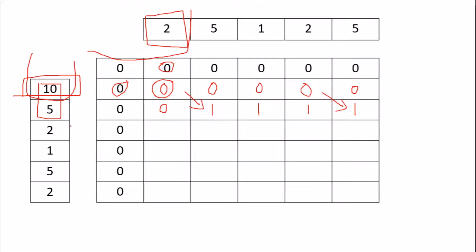Okay, now 2 and 2 are equal, so what we do, we add 1 to this and we go 1 here. And 2 and 5 not equal, so whatever be the max of 1 and 1 is 1. Okay, again 2 and 1 not equal, whatever the max of 1 and 1 we take here. Again 2 and 2 are equal, what we do is we add 1 to this and the answer we take here. Okay, and 2 and 5 are not equal, whatever is the max of 1 and 2 we take here.